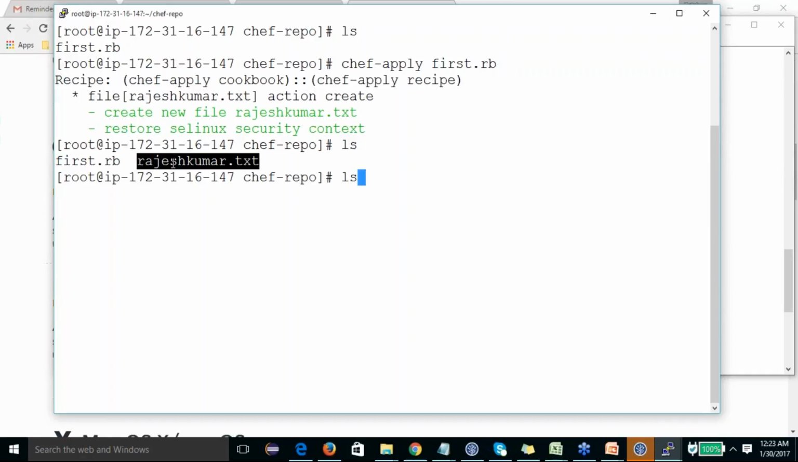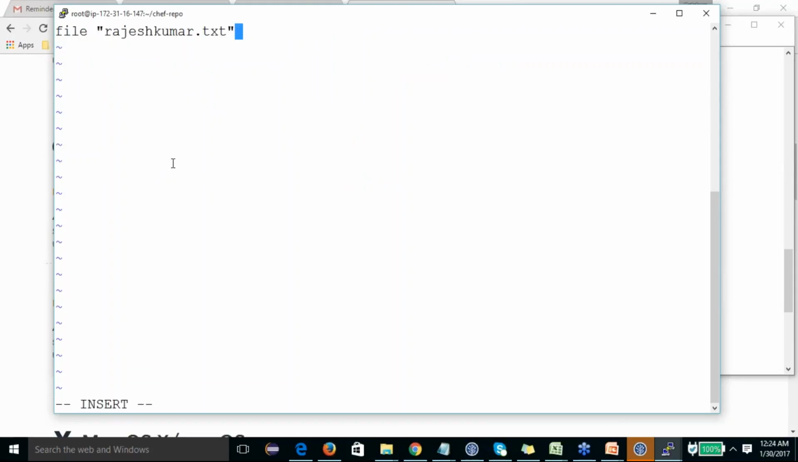Now I want to edit the file with some content. So what I'm going to do is add some actions into it, actions and properties. So basically I'm going to put some properties into it, and how can you put it? I'm going to put the content: "This is my first step program." Enter. Okay,